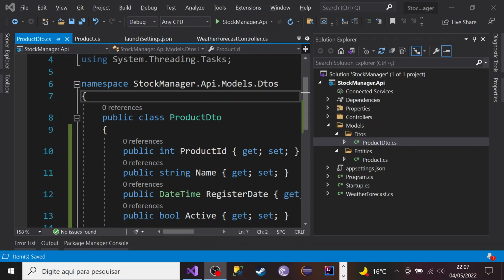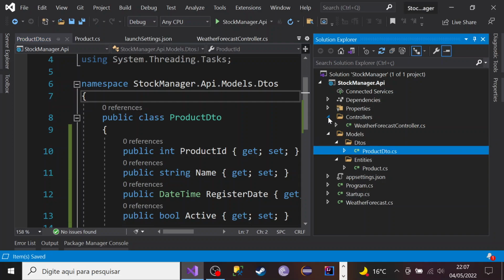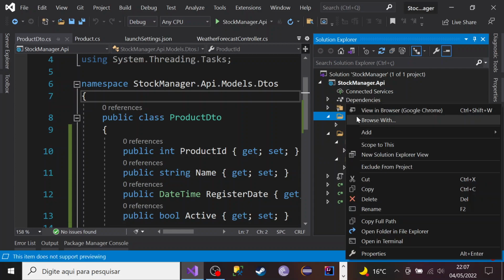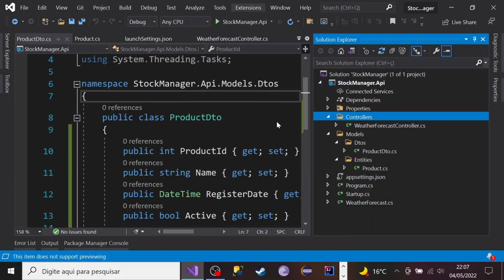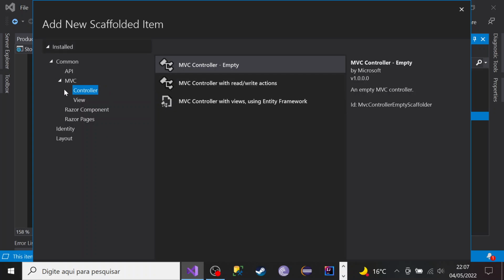Very nice. We have already created our project, inserted all our entities, the product, and our simple object class DTO. So let's create our controllers to implement some little examples to use with this product. Okay, so click the right option on the Controllers folder, add a new controller,